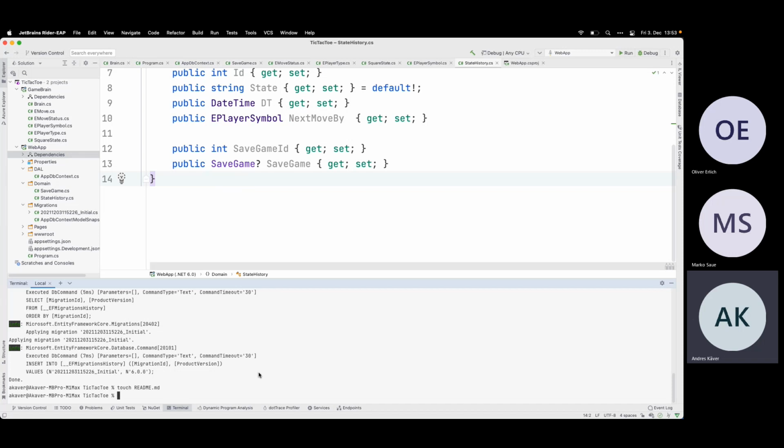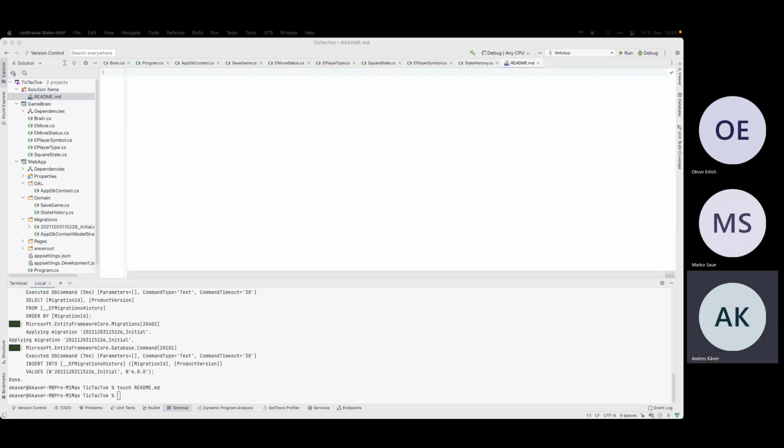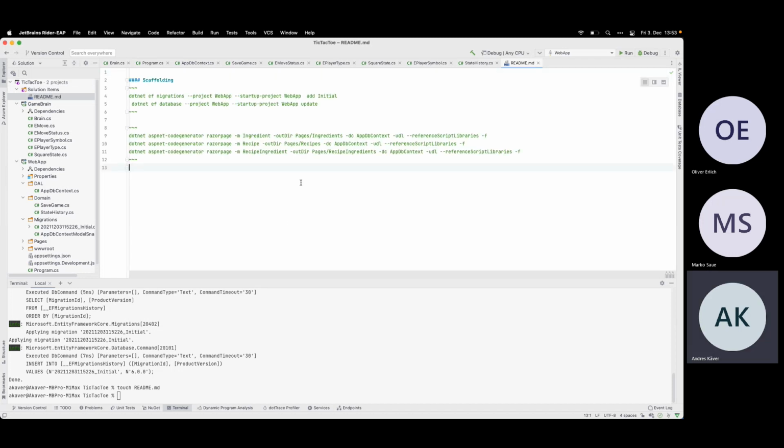Let's do the README here also. So I have my save game and state history. Save games.